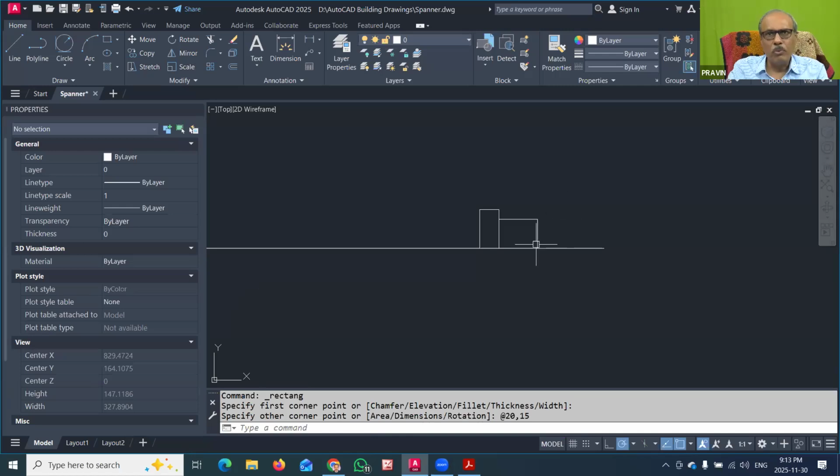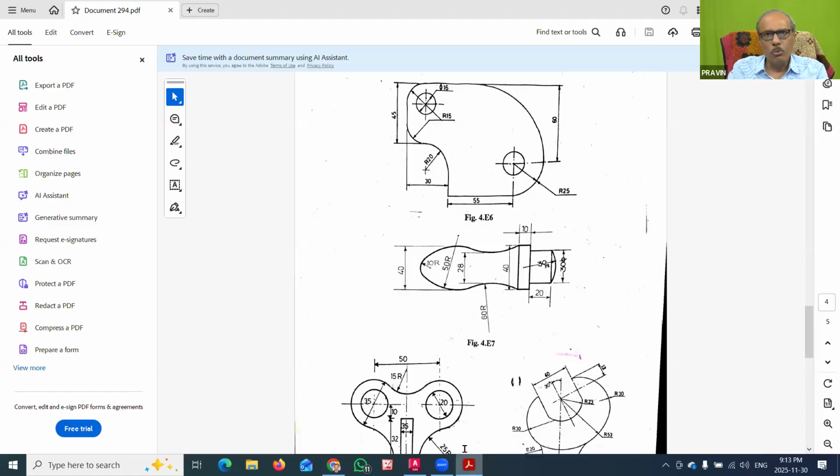So that 15 by 20, so that now I have completed. Now the remaining part I have to draw. For that we have to clearly see that this inside distance should be 28. So I have to work for that. This curve should be tangent to this inside edge, that is 20, having 28 distance.